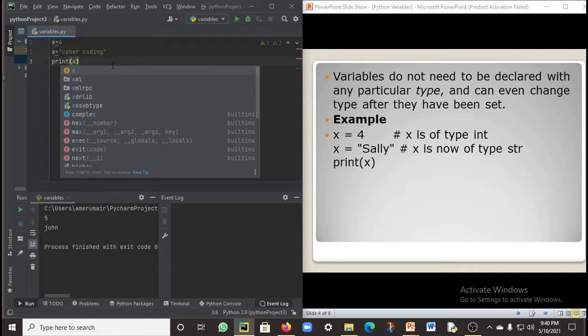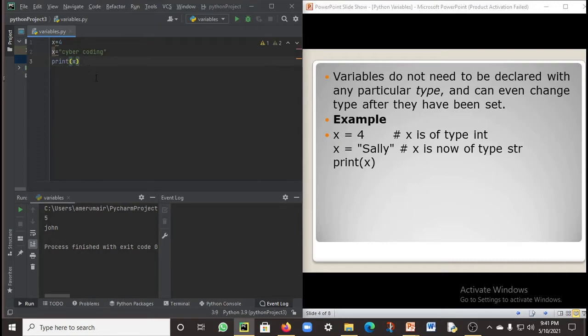Okay, so hopefully it must run. So alt plus shift plus F10, I'm going to run it. See, I have assigned x is equal to 4 at the beginning and then x is equal to cyber coding. Python has printed the most recent, the latest value of the variable x.